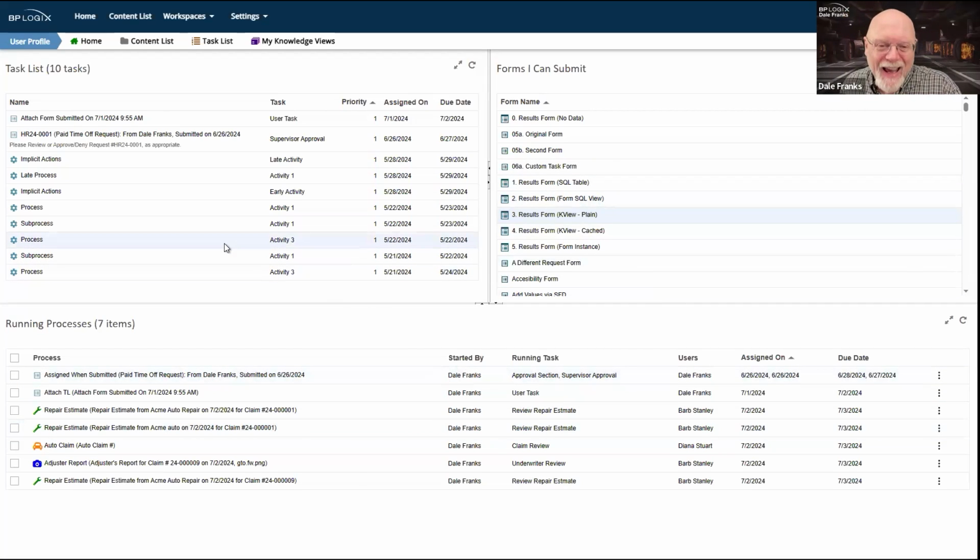But again, if you're going to give users only access to a workspace for a specific group, then at the very least, when you create that workspace, you are going to want to give them direct access to their task list. And so that is going to take up some screen space for those users. So you have to think carefully about what exactly you're going to show those end users in a group workspace.